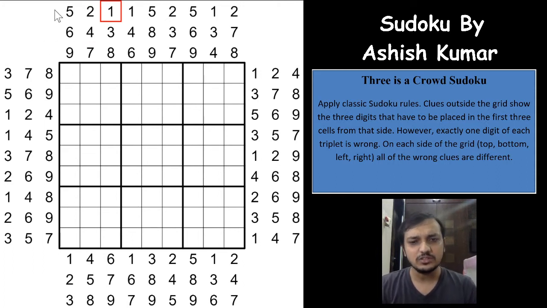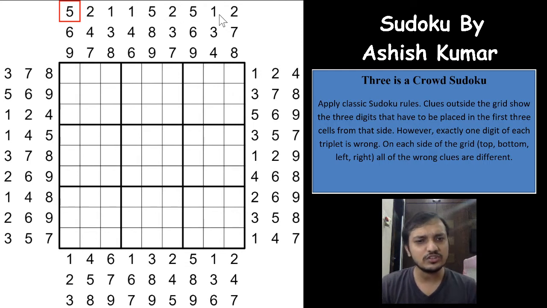Sometimes what happens is, out of those 9 numbers there might be 2 numbers which are the same. So for example, you might have here 269, right, and 247, which means one of the 2's has to be wrong, right? Both of the 2's cannot be correct, which means that all the other instances of 2 on the same side, outside other boxes, have to be true, right? Because you cannot have 2 same digits wrong on each side of the grid.